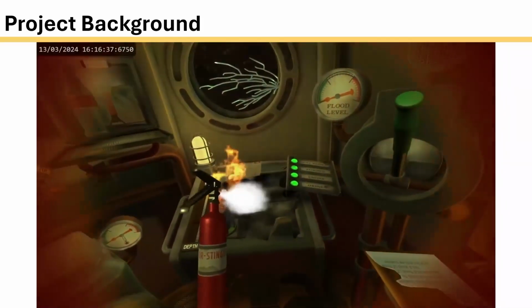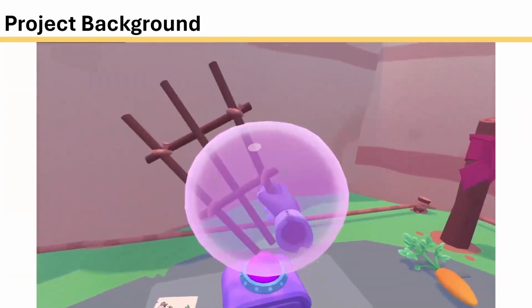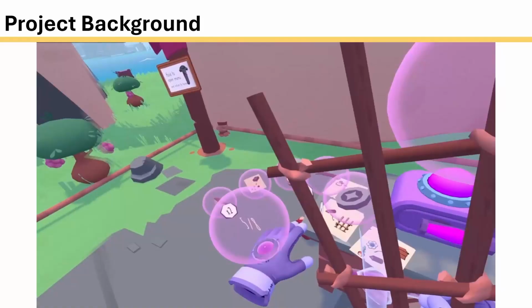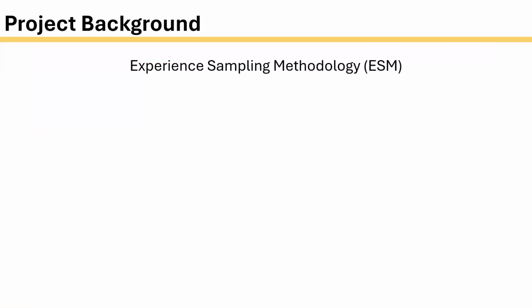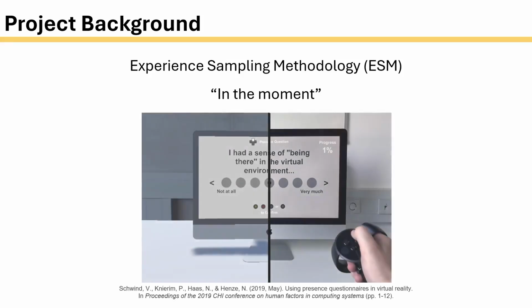So for VR designers and researchers, it's important to understand the emotional components of the experience and sense of presence that users feel in these worlds. So how is this done typically? Well, the most common method is to employ some form of experience sampling methodology, or ESM, with the strength of ESM being that you capture feelings in their natural setting and moment that they occur. And while there are lots of specific methods for ESM, this is typically achieved through questionnaires and Likert scales.